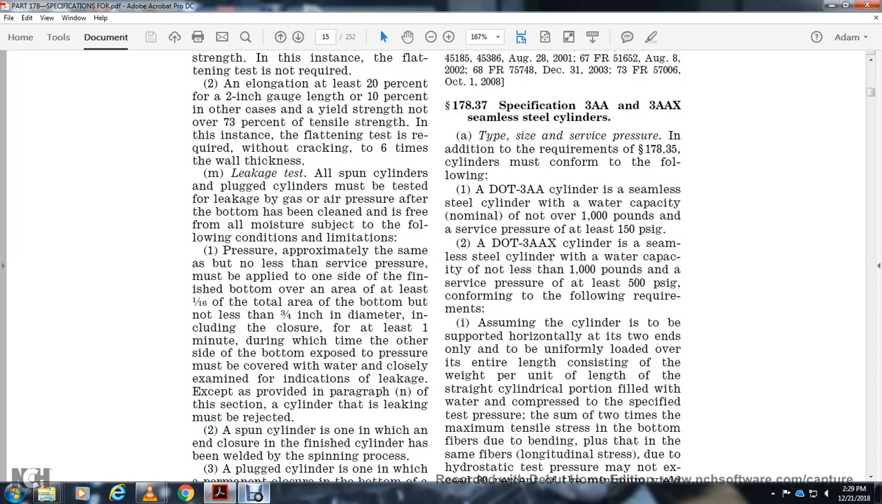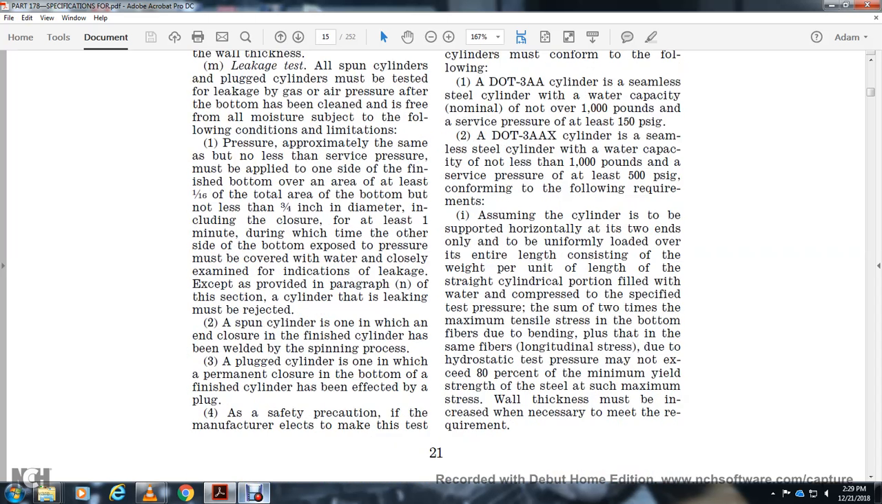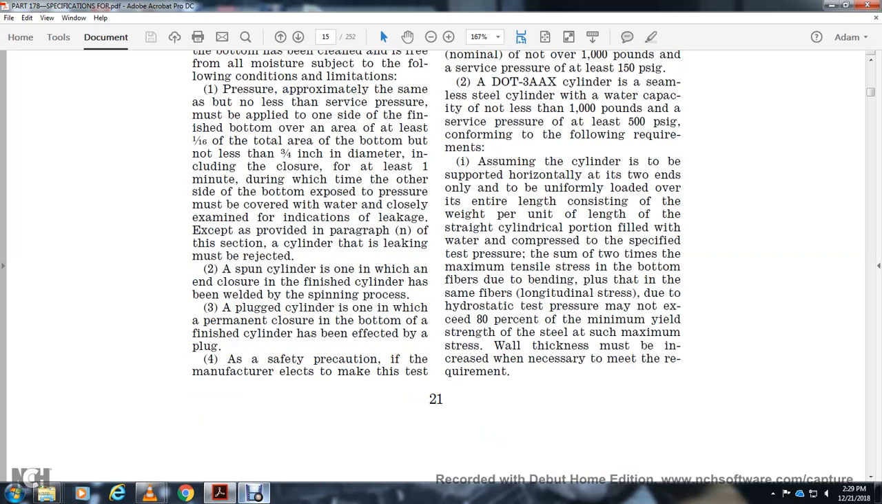178.37 specification 3AA, 3AC stainless steel cylinders, size and surface pressure, for the additional requirements of 178.35. Cylinders must be ensured as follows: 3AA cylinders, a stainless steel cylinder with water capacity over 1,000 pounds, surface pressure at least 150 psi gauge. 3AX cylinders, stainless steel cylinder with water capacity not less than 1,000 pounds, with surface pressure at least 500 psi gauge. With the following requirements: assuming the cylinder is to be supported horizontally at the 2 ends